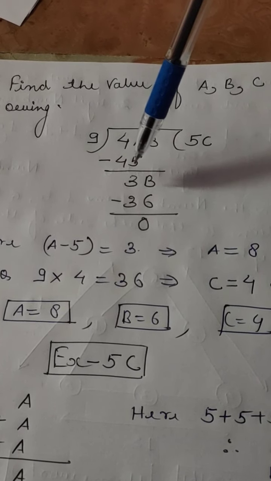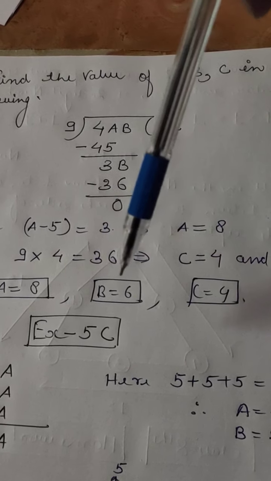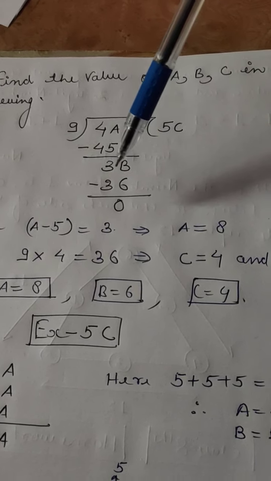Next we have taken out B as carry. Then what should be multiplied by C so that the result is 36. Here 36 is already given. We have to take this B as also 6. So then what is the value of B here? 6, because 36 minus 36 will give the result 0. Then 9 should be multiplied by which number? 4, because 9 4s are 36. Then what is the value of C? C will have the value 4.